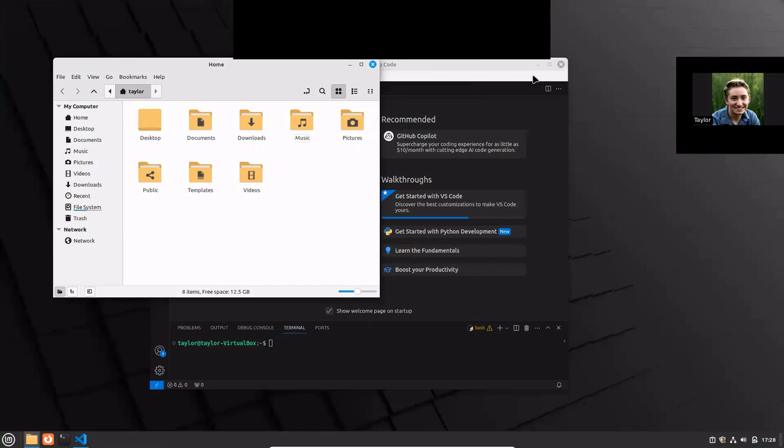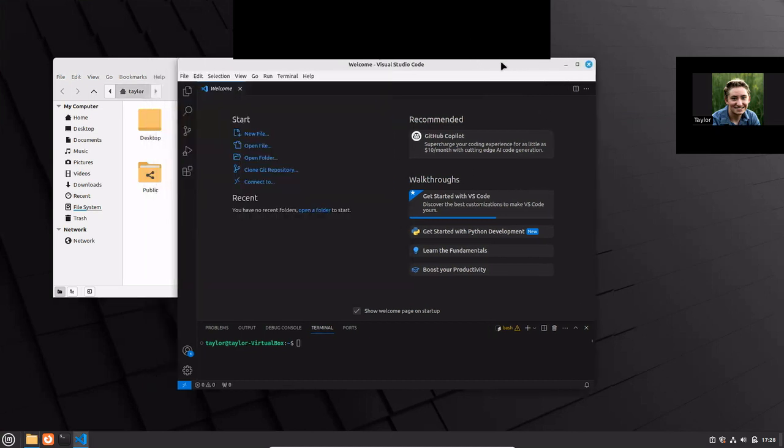Hi, I'm Taylor, and I'm just going to be combining the save functionality of GitHub into Visual Studio and walking through how to do that on a Linux machine. So to begin,